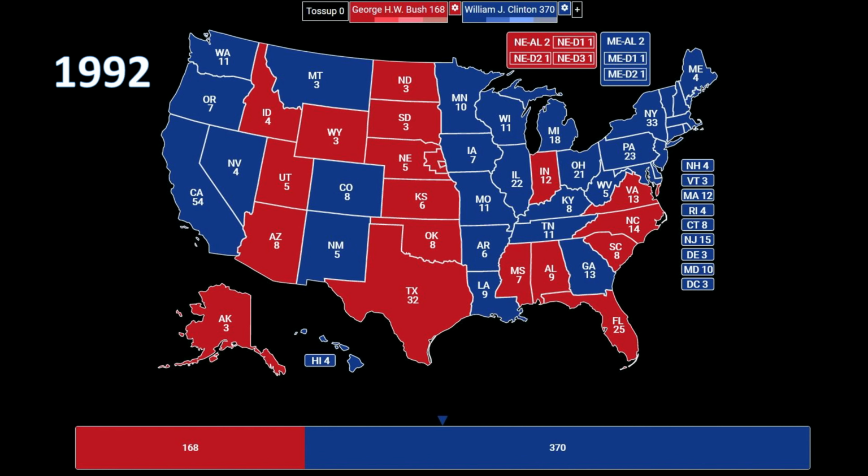Okay, let's move on to the 1992 election. And here we have another complete realignment election. You can see the Democrat candidate Bill Clinton, who was of course running against George H.W. Bush, who was running for his second term. We see Clinton winning significant support in the Old South, winning states like Georgia, Louisiana, and Arkansas, as well as Tennessee and Kentucky. He also completely dominated on the West Coast, winning Washington and Oregon once again for the Democrats,